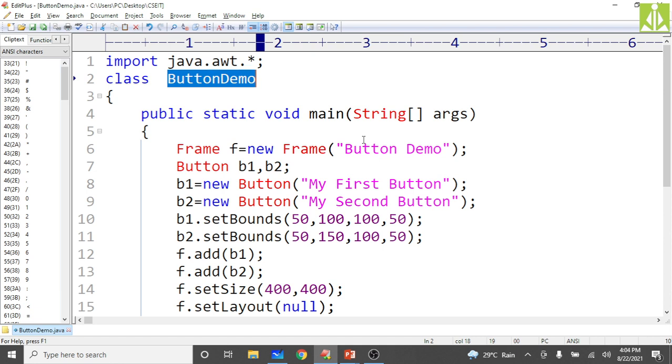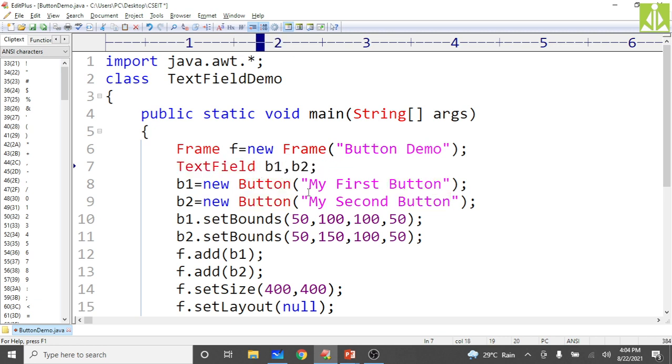Text fields are helpful in order to give some text input. That is what we are doing now, the text field demonstration. Here, same thing, we need to create text fields.